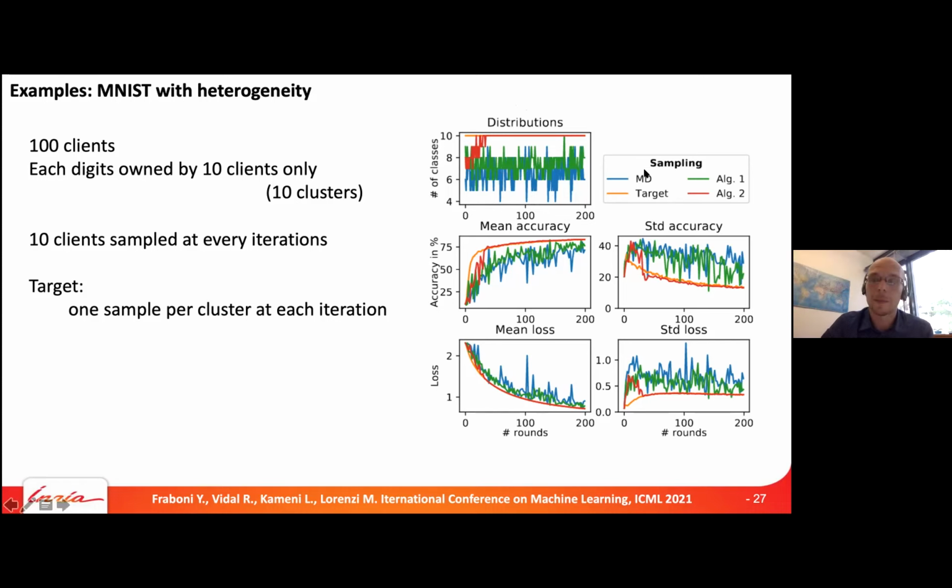You can see that MD and even algorithm 1 are actually suboptimal. It means that they rarely sample exactly one representative per class. Many times we have overlapping classes just because that's a multinomial distribution, and each of them has 1/10 probability of being picked. And, well, 100 if we give them the same weight. So this plot tells us that after some iterations, let's say 50, algorithm 2 samples each client exactly once in the iterations.